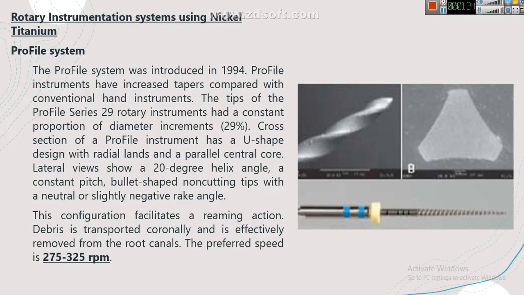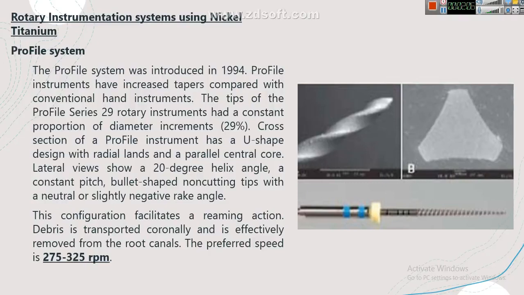Profile instruments have increased taperness compared with the conventional hand instruments. If we look at this figure, we can see how the tapers increase, and the cross section looks like a triangular one, and it has a better cutting efficiency in comparison to the conventional type of file or reamer. So the profile series 29 rotary instruments had a constant